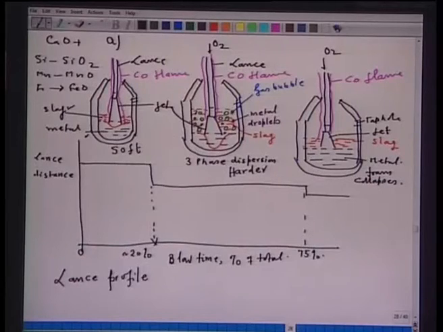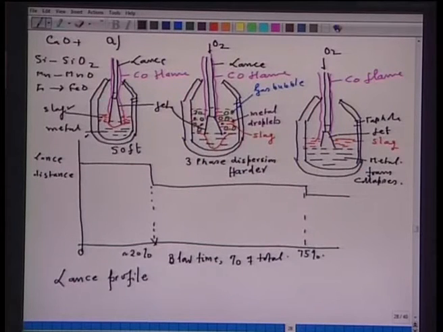If in this period the flame disappears for some reason, then it is an indication that CO bubbles are continuously entrapped in the slag, and caution is required that slag should not come out of the vessel. So, the deep penetration helps the removal of carbon, but at the same time what happens? In the earlier period we have already formed a slag which is limy and basic. So, already we have a slag over here.